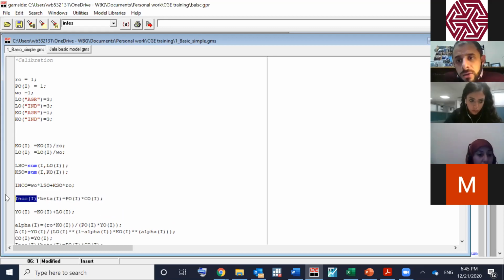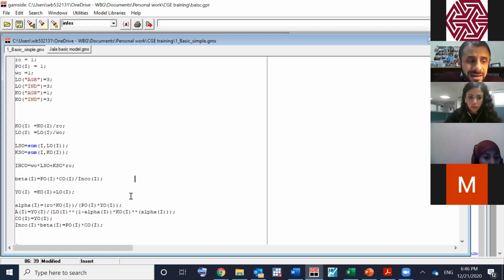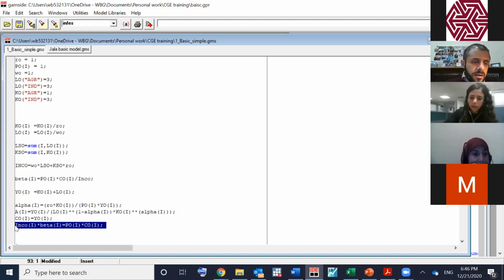So you see, the order is very important here. I cannot calibrate a parameter unless it has already been declared. And do I need to add a bracket here before the P? No need to add the bracket, but you have to remove the I because income does not have an index I. Okay. And I remove it from here as well? Definitely. You don't need this line at all.